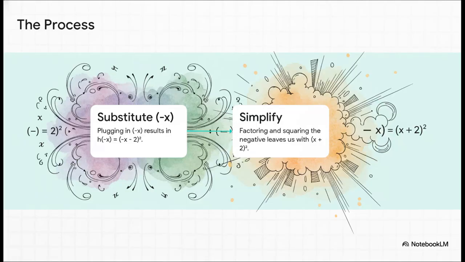So we plug in negative x, which gives us h of negative x equals, in parentheses, negative x minus 2 squared. To simplify this, let's try factoring a negative 1 out from inside the parentheses. That changes negative x minus 2 into negative times x plus 2. So now we have negative times x plus 2 squared. When you square that whole expression, the negative sign out front just becomes positive, leaving us with x plus 2